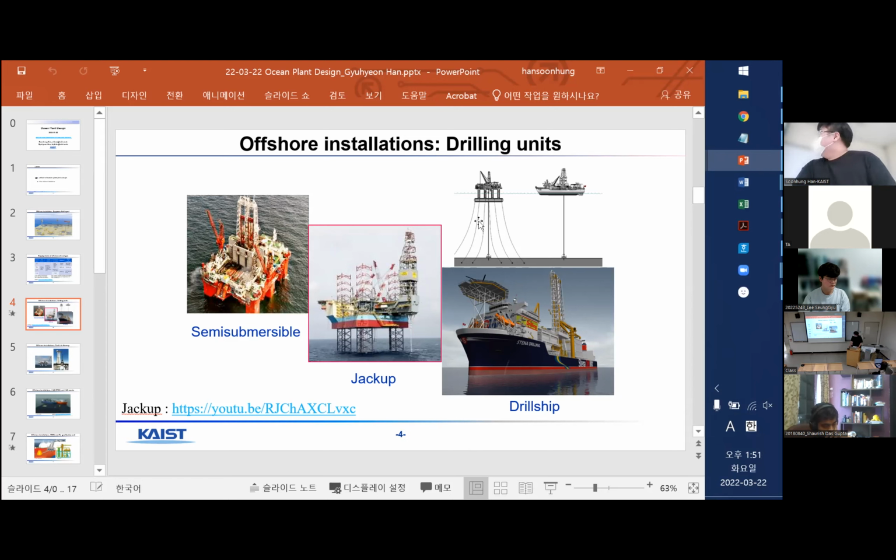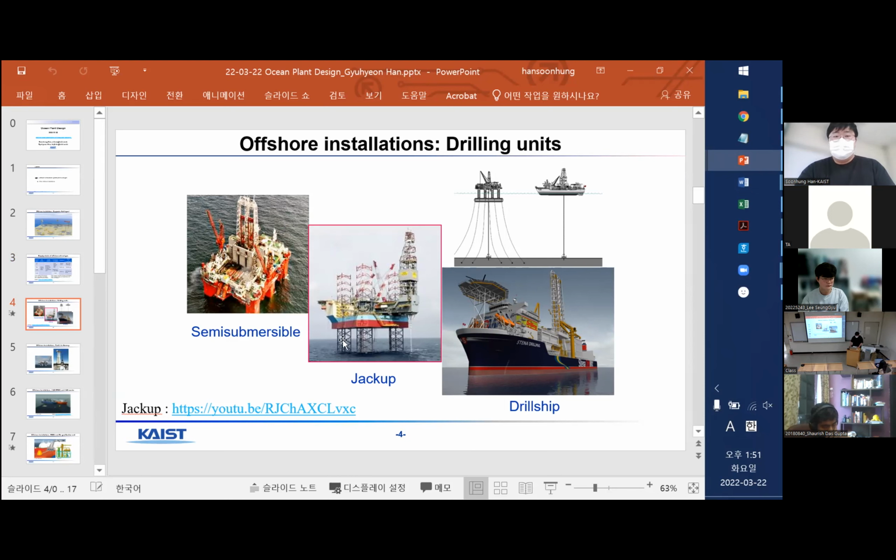Like in this image, it is floating over the surface and fixed to the underground so it does not flow away. But the drill ship basically is shaped like a ship and it drills with the drill placed in the ship. The jackup is quite